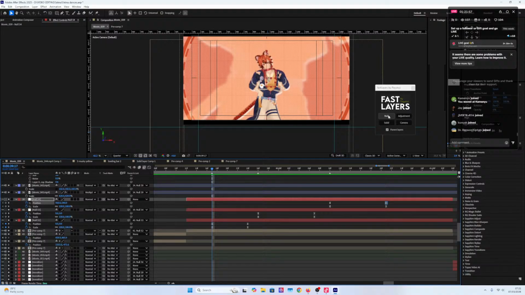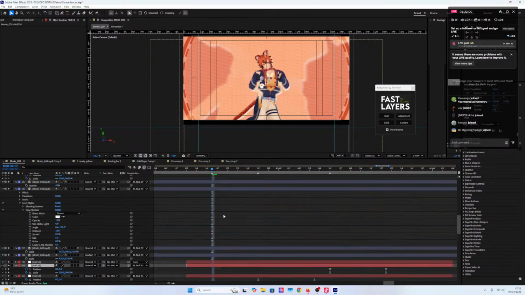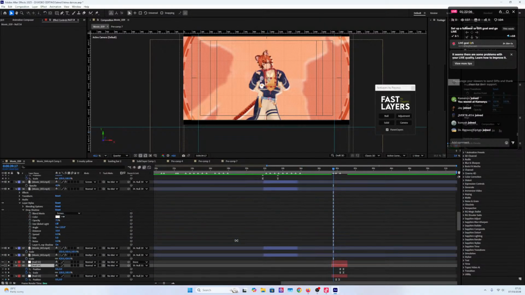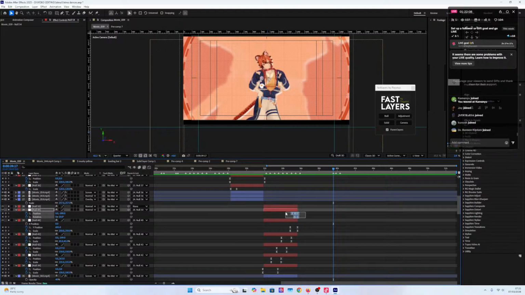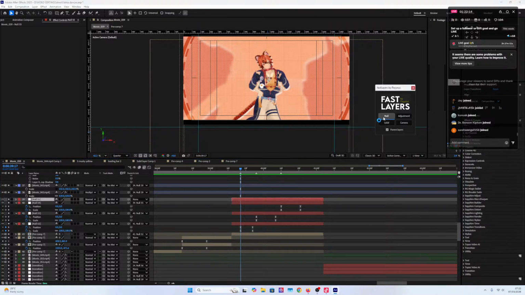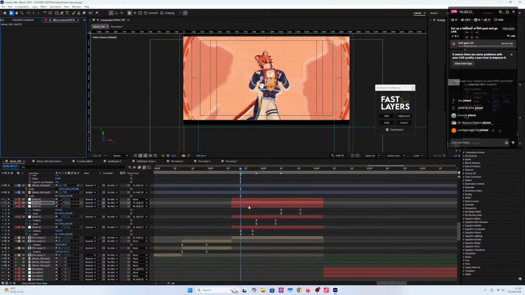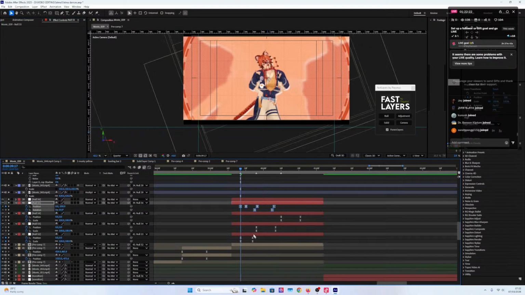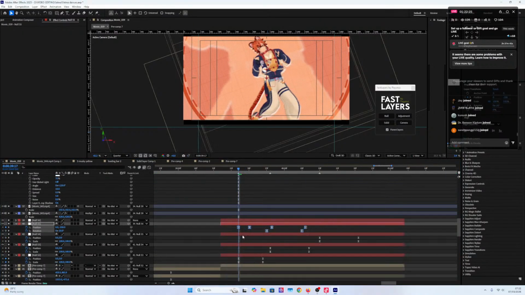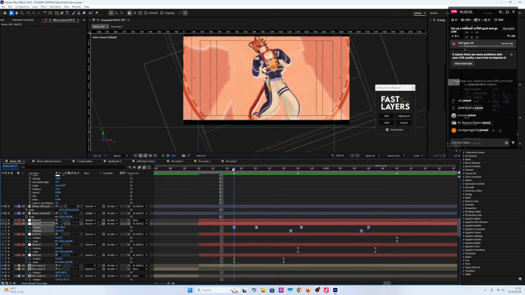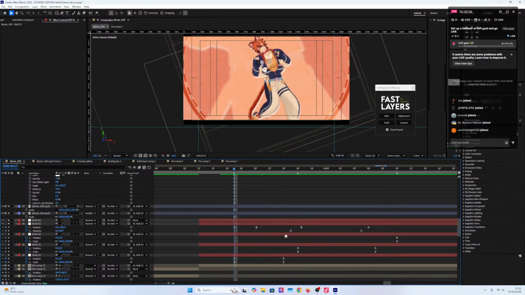So what I can try and do is maybe add another null and then find this hop, this one here. So Control C, Control V, right click, keyframe assistant, time reverse. Let's see that. It's very strong actually. So what I can do,